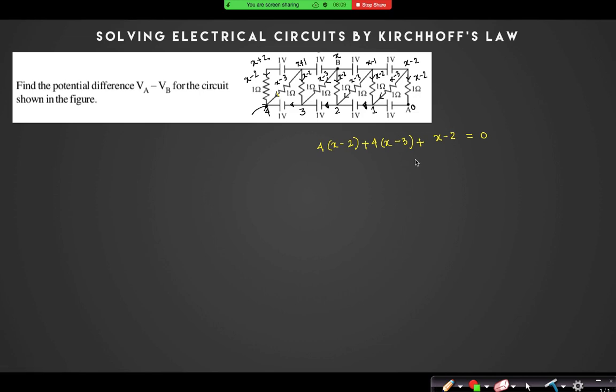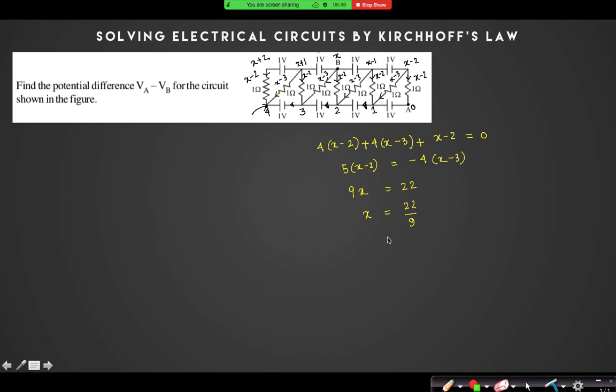Yes, sir. The total current at this junction entering from the three branches, I have assumed and calculated to be 0. So I can say 5 into x minus 2 is equal to minus 4 into x minus 3. Let us calculate it. 5x plus 4x is equal to 9x, that is equal to plus 12 and plus 10, 22. So what is the value of x? Have you got it? It is 22 by 9.